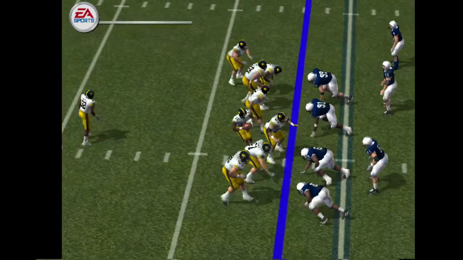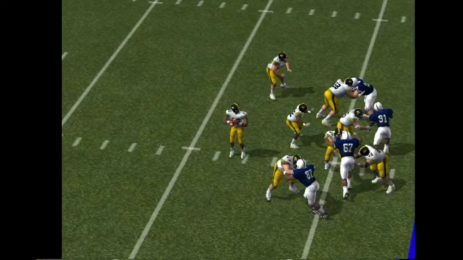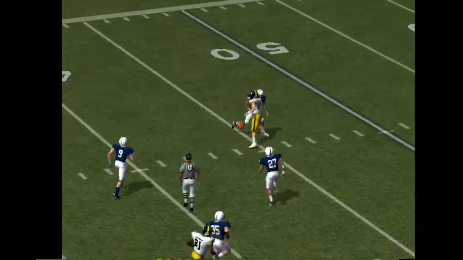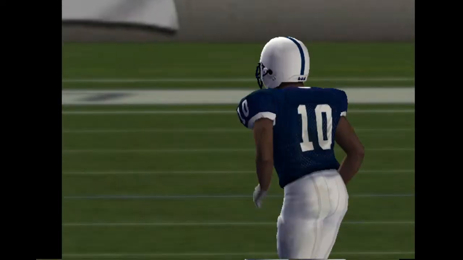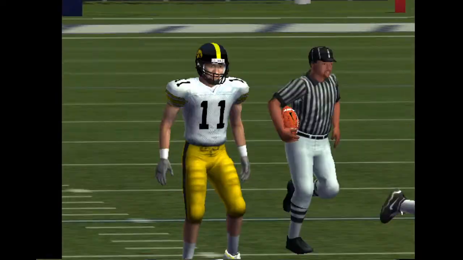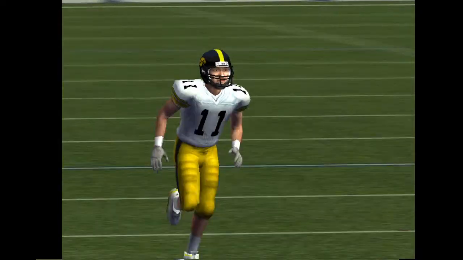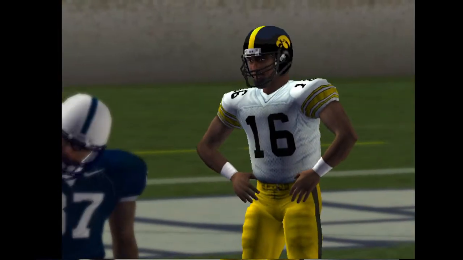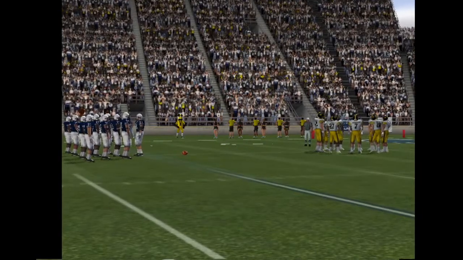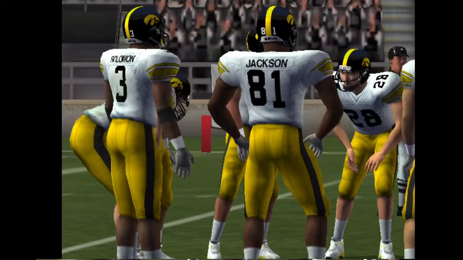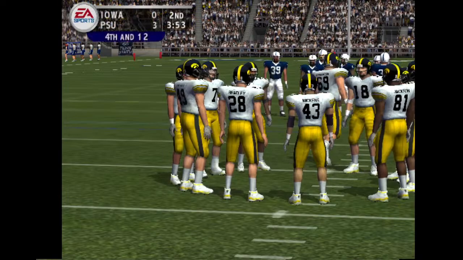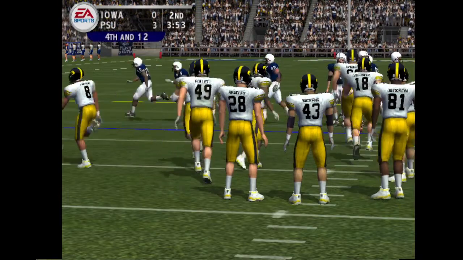Mike Follett in motion. Here's Manson, well protected, looking outside. Oh, another drop! Ed Hinkle again. He doesn't drop those very often, and when it matters most on 3rd and 12, couldn't come away with a grab, and Iowa goes 3 and out once again. So 3rd punt of the half